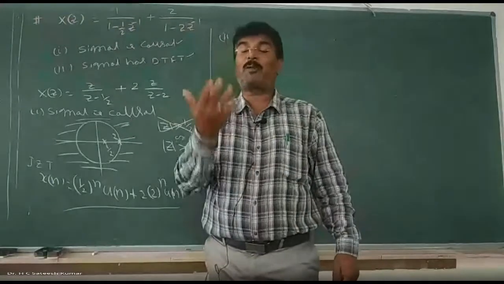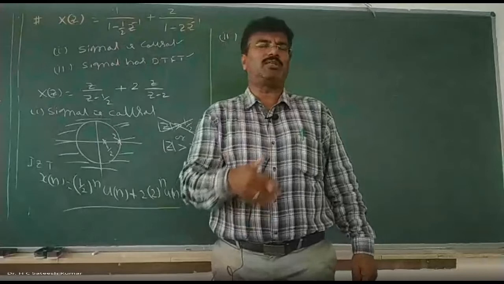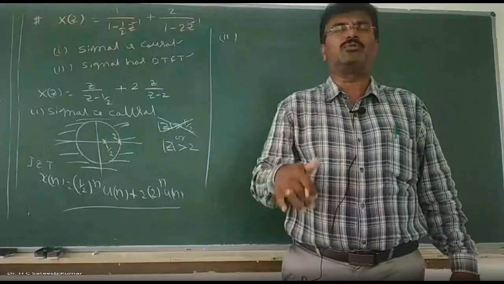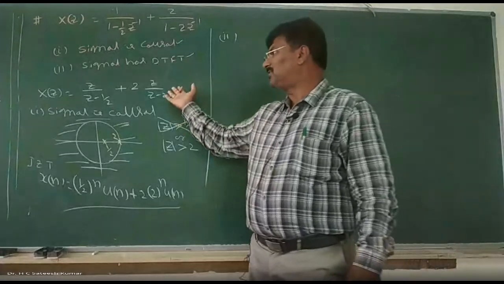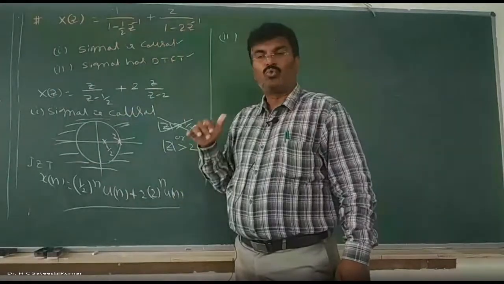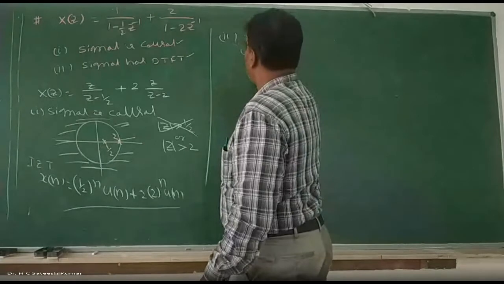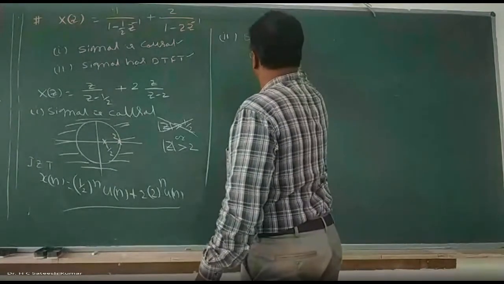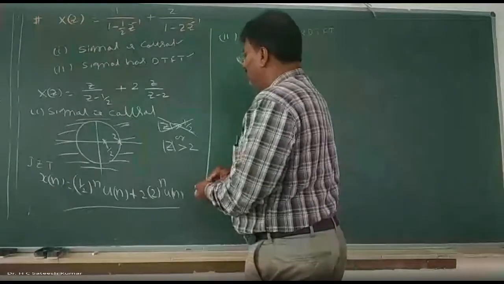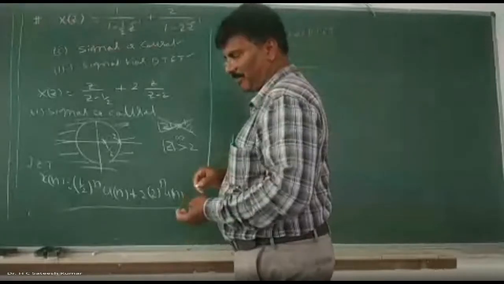And how to apply the properties of ROC? Many students mug up all 8 or 9 properties and do not know how to apply them. Other than that, it's very simple. Nothing else is there in this one, because there is no partial fraction. The only thing is how to sketch the ROC based on the condition. So now the signal has DTFT. If that is the condition, what is the ROC? Okay, right. Now you see how exactly I am writing the ROC.